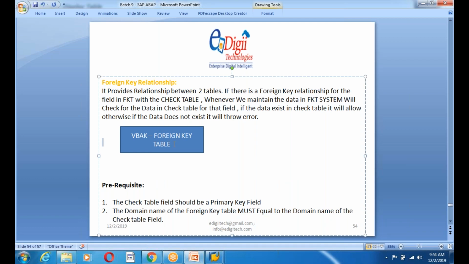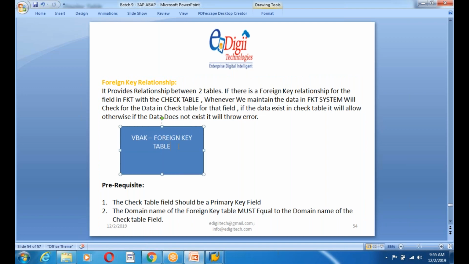Okay, next the foreign key field is the AUART, which is a foreign key field. The field description is order type.